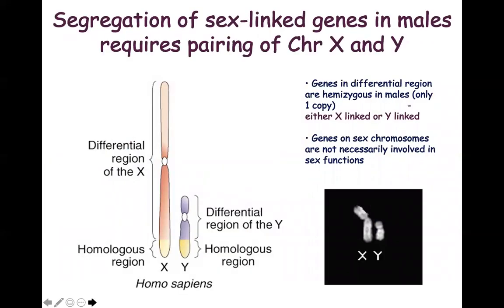And so when we look at the X and the Y, obviously the X is much bigger. It carries a lot more genes. They're not necessarily sex-associated genes because we all have them. So there is some physiology that has its genes on the X but has nothing to do with sex itself. The Y chromosome is very small. And so when we think about the regions of the X chromosome that have genes,